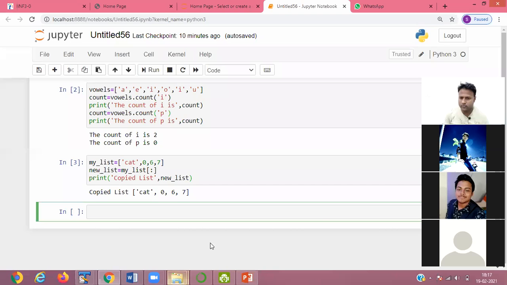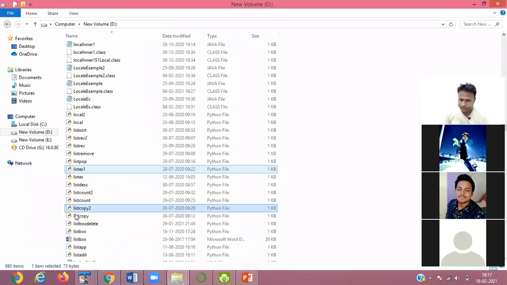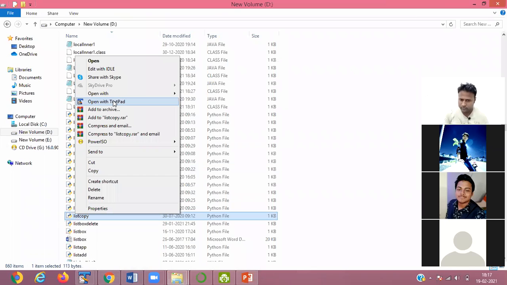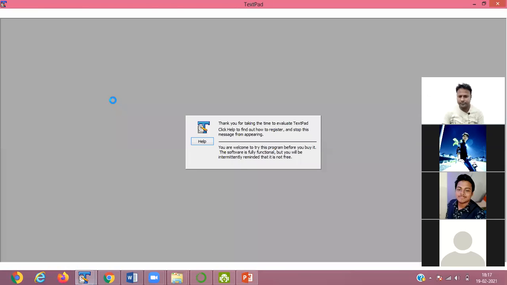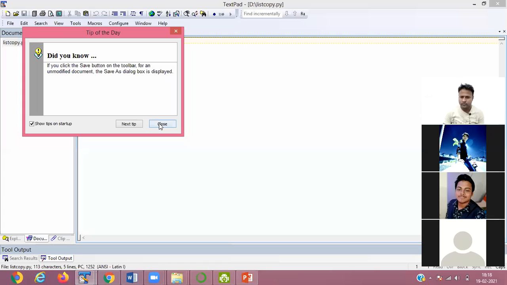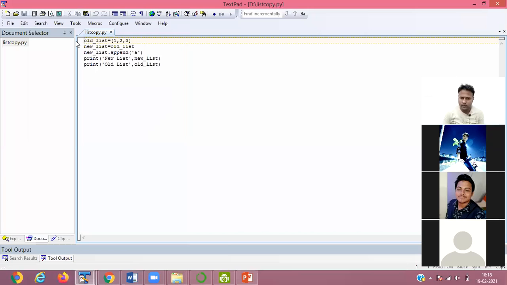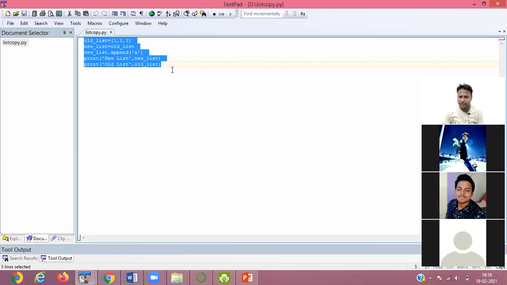Okay, so next another copy example, let it open. Then it is another way to copy the element.